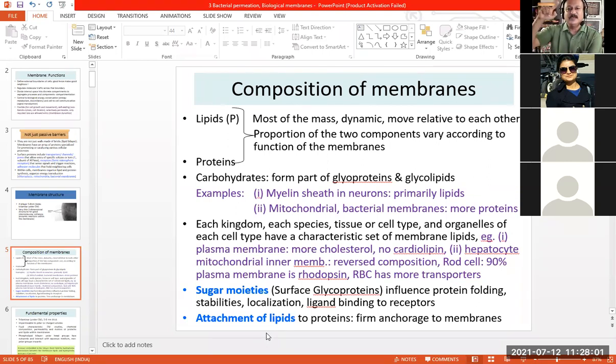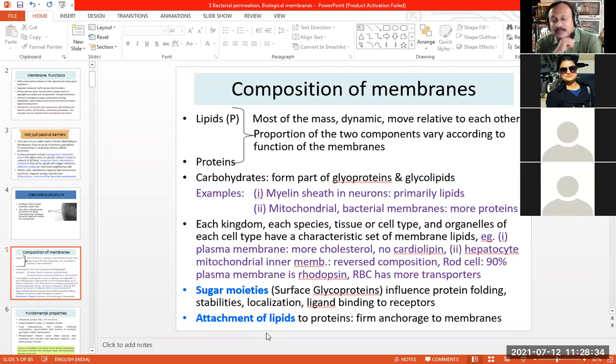So this particular targeting of the protein, that is to determine where the protein has to go, whether on the outside of the membrane they are displayed, or whether they are displayed as the receptor molecules on the surface of the membrane, or whether they are transmembrane proteins, that is within the membrane, or whether they are associated with the membrane but from the inside, that is in the cytoplasmic part. Okay, so all that, that is the localization of the protein, is determined by which type of sugar is attached to it.